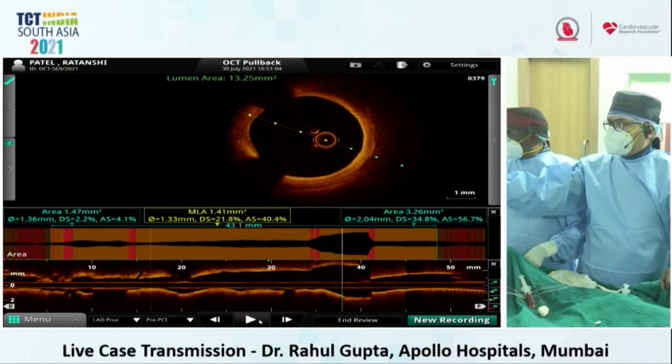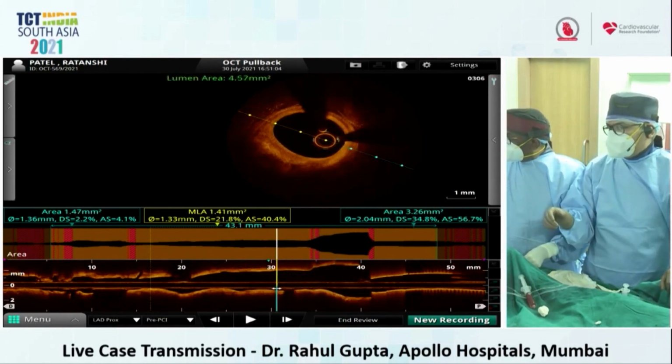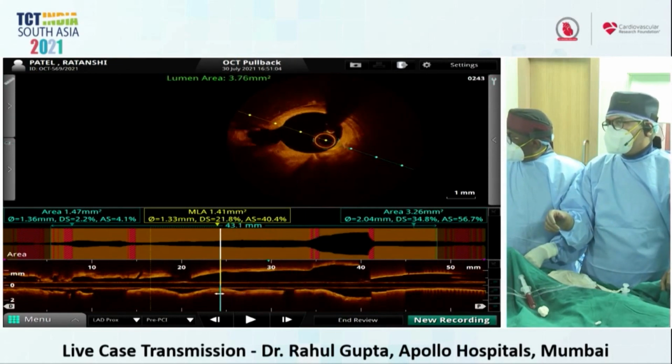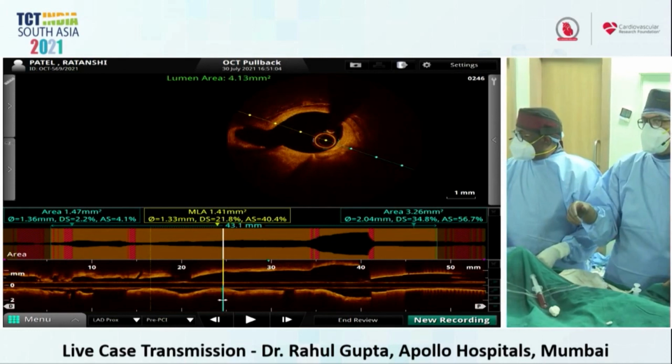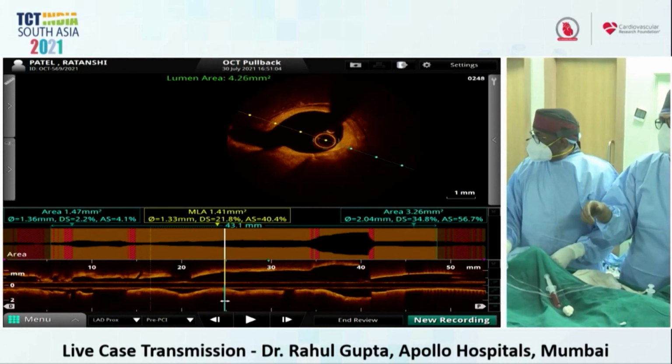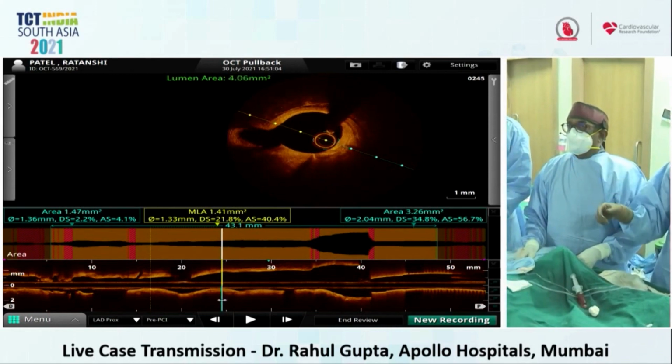Can you go to that diagonal area where we can see the ostium of the diagonal? Actually, we didn't see the angio picture before. People will have better orientation if you have taken a picture with angio when you took the OCT, to save the contrast. Can you show the picture of the angio which you have there?